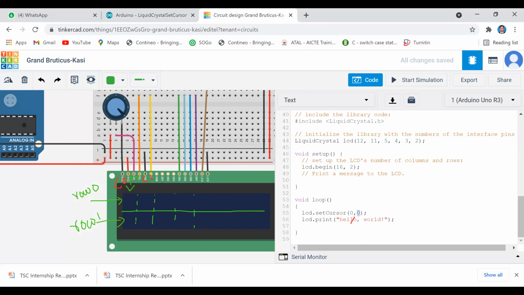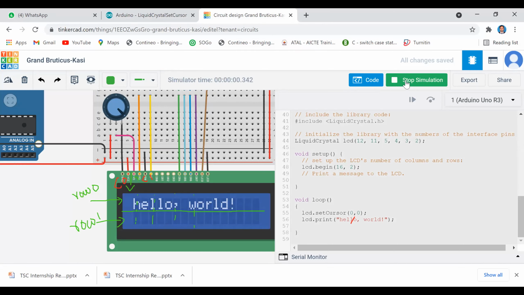So now what is going to happen? I will run the program. Okay, see here, you can see that it is displaying hello world, right? The cursor is forced to this position for this particular inbuilt function.